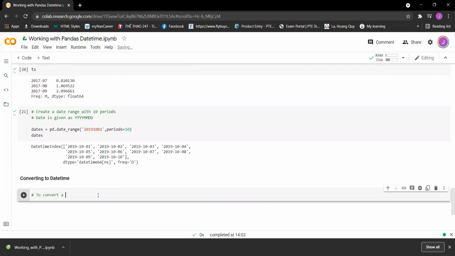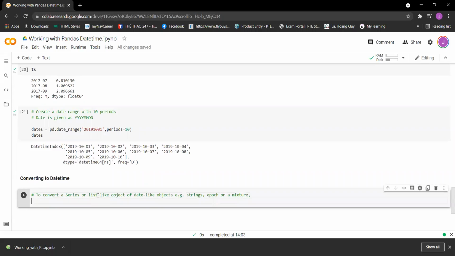To convert a series or list-like object of date-like objects, for example strings, epoch, or a mixture,